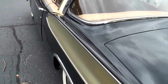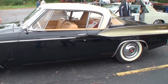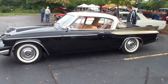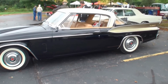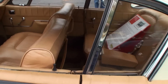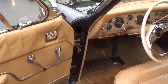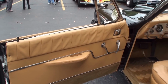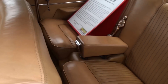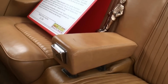Let's take a look at the interior. I want to take one more overall look at the car. We've got a good shot here. So Ron, how did you get this car out of all the cars in the world? Well, I have a friend in Houston that kept bugging me about going to take a look at it. This car was located in Florida, and I didn't want to spend the time going down there on a wild goose chase like so many times I have with cars. So my son said, well, I could go, Dad, and fly down there one day and come back the next and give you a good...